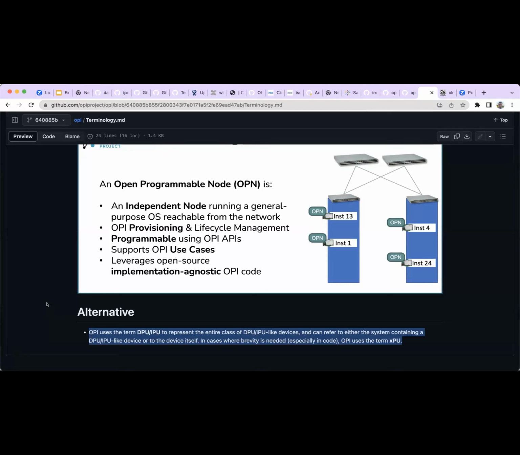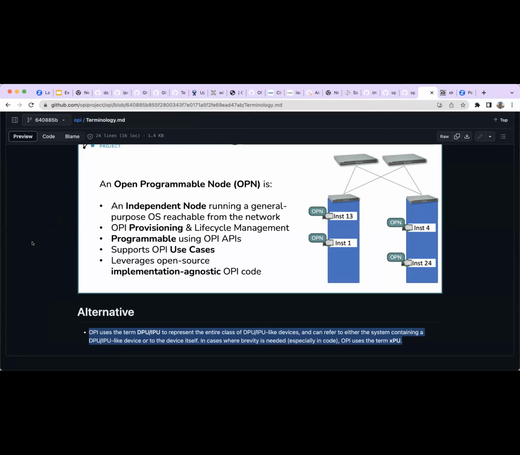You like OPN, open programmable node? A node is a node. It could be a network node, it could be a compute node. It could appear in many places and take many shapes. So from that perspective, or whatever else you agree on in terms of a generic representation, I think it would be better for internal consumption, for Slack, for short abbreviations, etc. Everyone who is a member or contributor will know exactly what it's talking about.